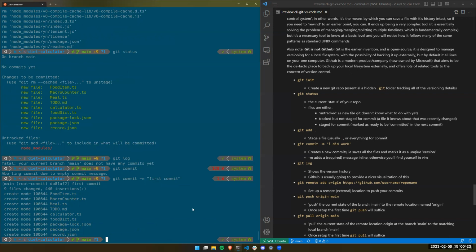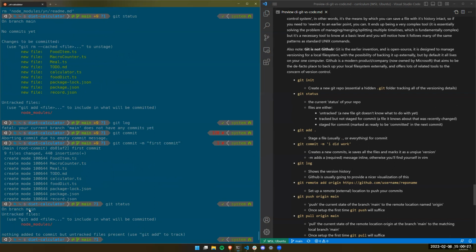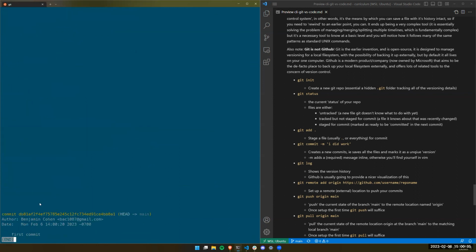So now if I say git status, it says on branch main, and there's some untracked files, just node modules, but the rest of it is understood. And then if I say git log, it says, okay, you have one commit. And this is some information about that commit. And this big number here is what we call the hash.